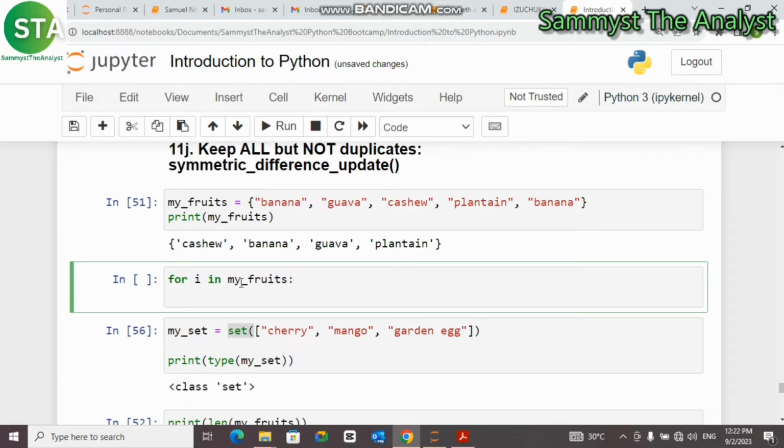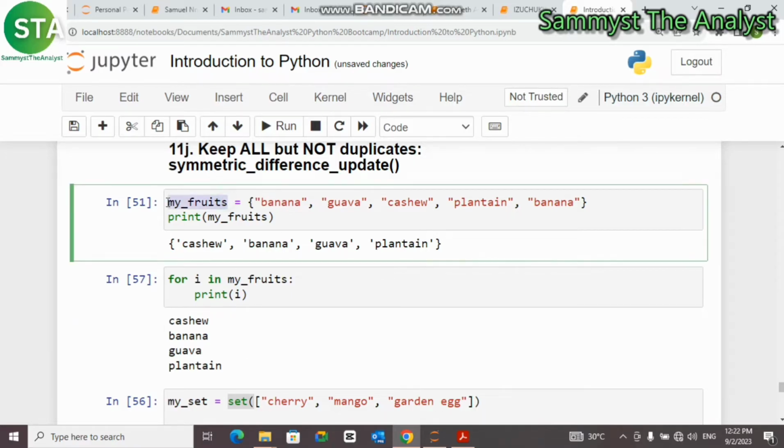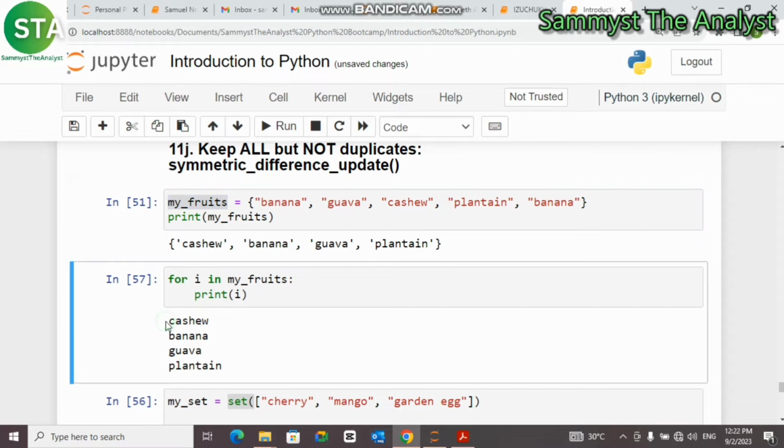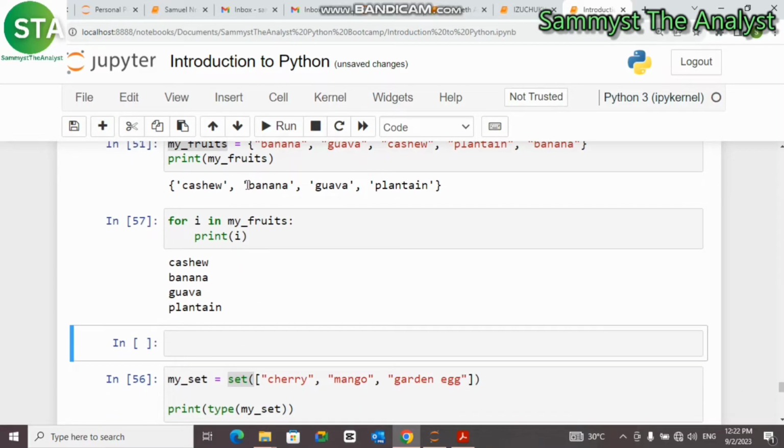Okay, print i. So you can see that it has printed for me all the items that are in my fruit. So this is one way I can use to check for the item I am looking for. Or if I want to confirm whether banana is there, for instance, I can say